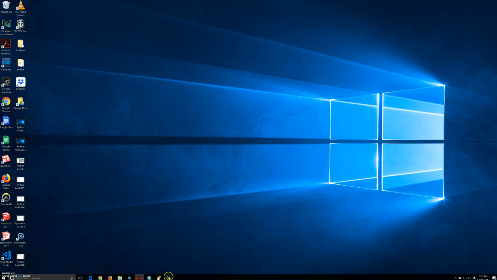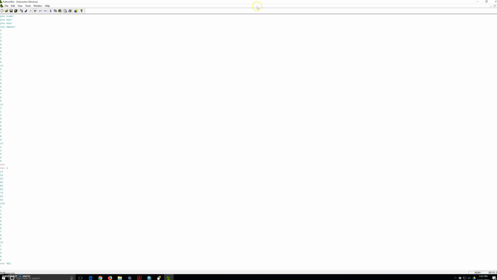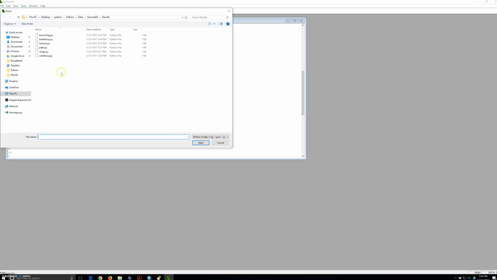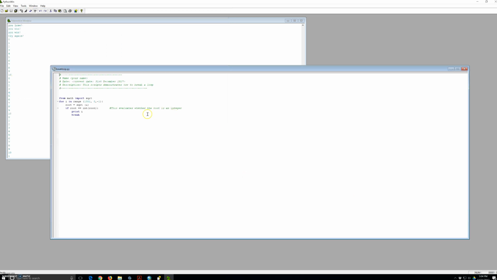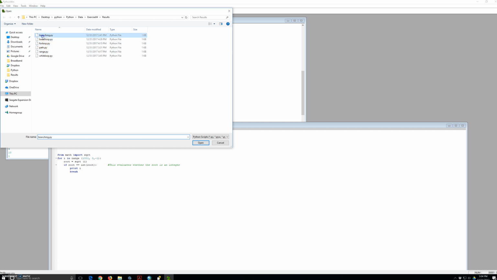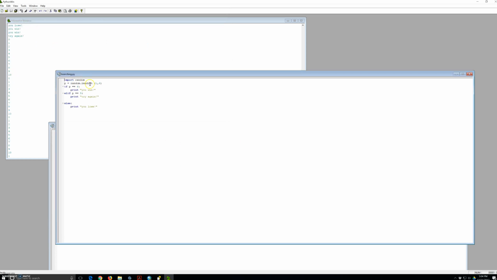We're going to be back on our Python. So everything, we will bring it up. Resizing. Okay, and then I'm going to open the break loop. So in our break loop, we have import math. Branching. I'm going to open up a branching. All right, we have an import random, and we bring this up,